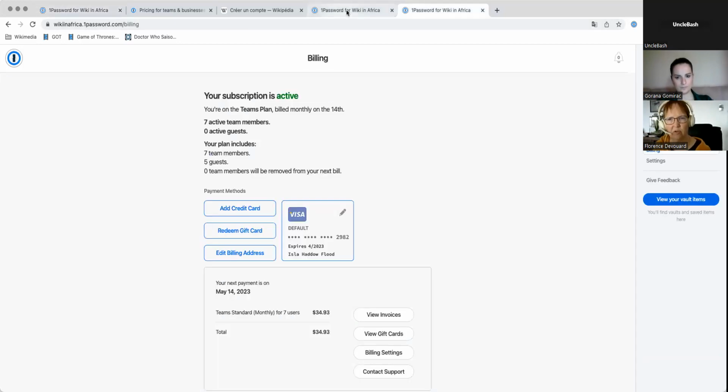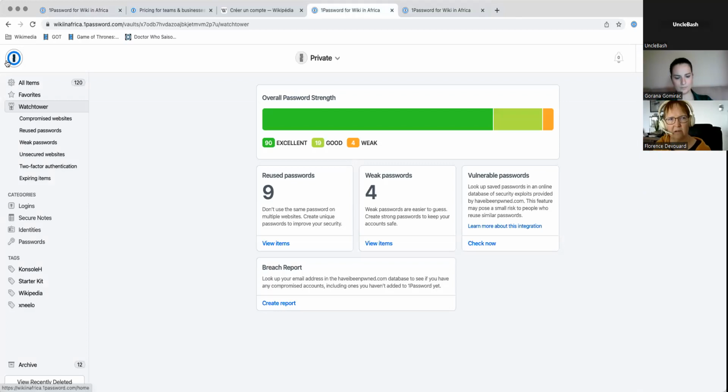When I was trying to access the tool, by default it will only ask my master password. But from time to time, it also asks for a security key. And when you register your account, it provides you a full document with a QR code and